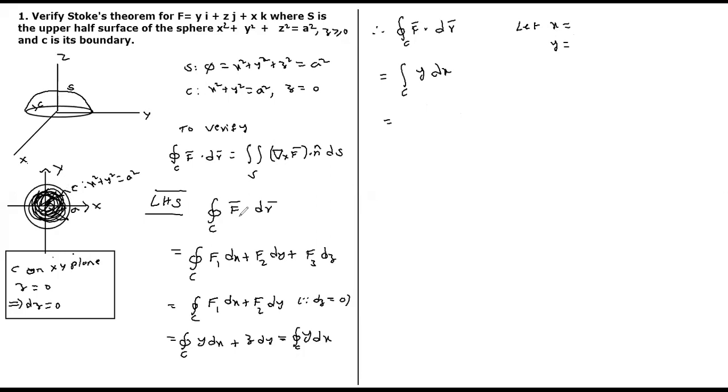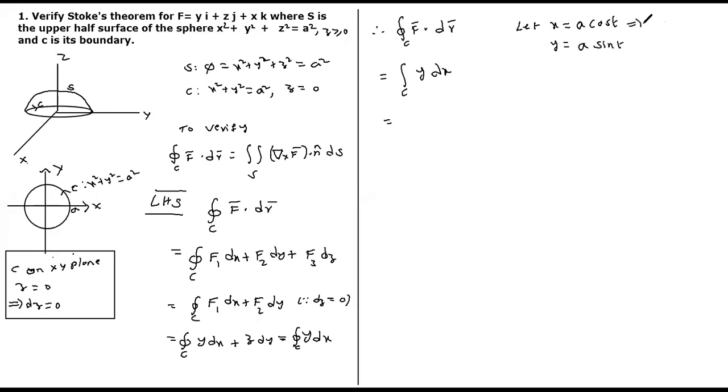But you are not integrating over the circular disk. You are integrating over the circle. Do you agree? When you are integrating over the circle, r is fixed. There is no need of taking r. r is constant a. So what could be the substitution here? x equal to a cos t. I said reserve r and theta for polar coordinates. Use t for parametric substitution. So better use a cos t, a sin t.